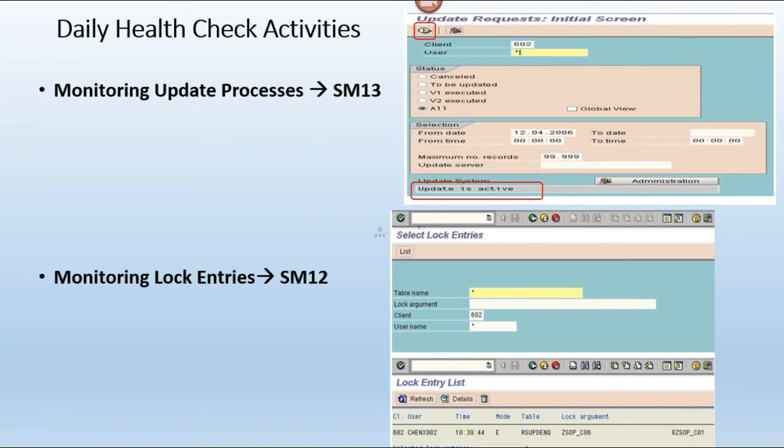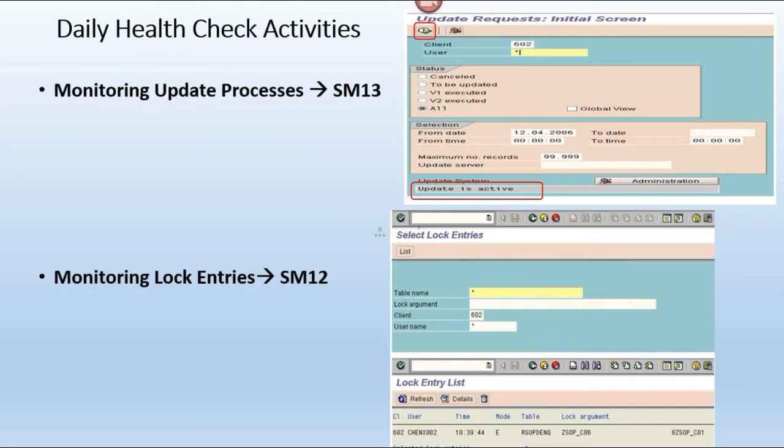We can contact the user and say, boss, so and so report, so and so transaction, so and so program is running on your user ID in the system. There is a long pending job. This is running since 1 day or since 2 days. So are you still executing the report, or have you scheduled any report? If you scheduled previously, how much time did it take? And are you still working on that? We need to take this confirmation at all the levels.